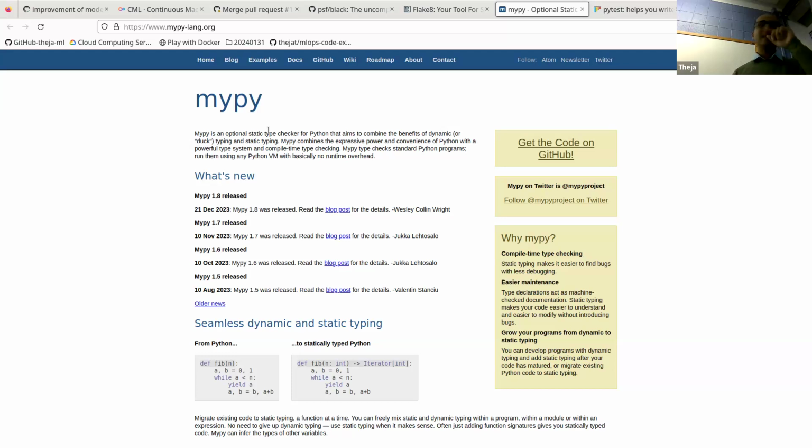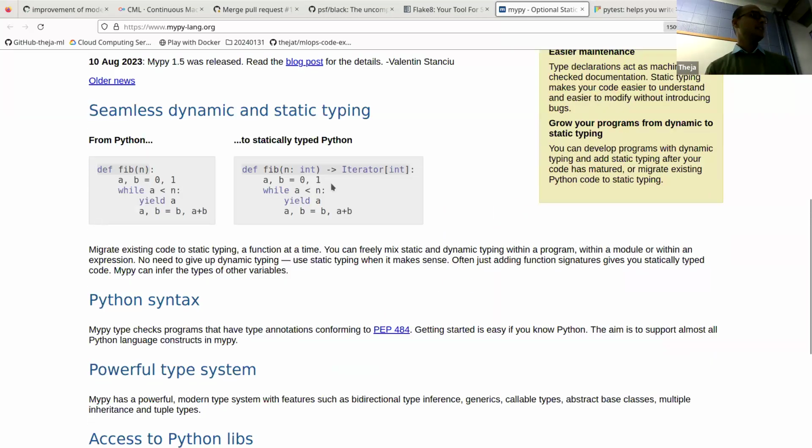But if you use types, you're just explicitly stating what the input is and what the output is. Let me zoom in here. For example, here you can say Fibonacci fib(n), versus, that's the old style, a more beginner-level style of writing a function. Here, fib(n: int) means n is supposed to be an integer. This is something you write when you write your Python program, and the output is an iterator, which is also an iterator of the type int. So these are some explicit, specific things that you're writing in your Python program.